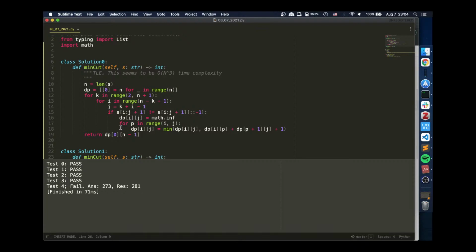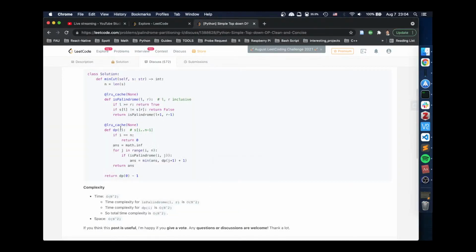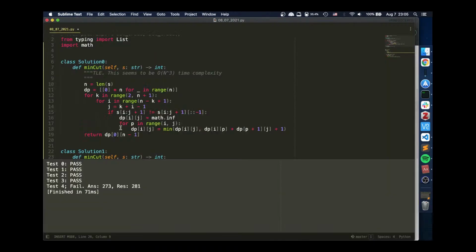Okay, we need to know all these. 1 to n minus 1, 0, 1, 2 to n minus 1, 0, 3. Now to know 1, 2 to n minus 1, to know 1, 2, 2 to n minus 1. No repeats. Okay. 1, 2, 3, 2 to n minus 1. Repeat. I seem to see it. So everything is going to the n minus 1. Okay, everything goes to the n minus 1, which means